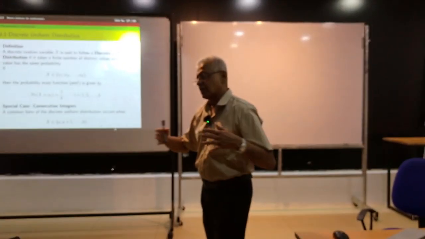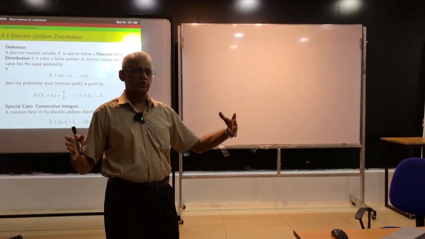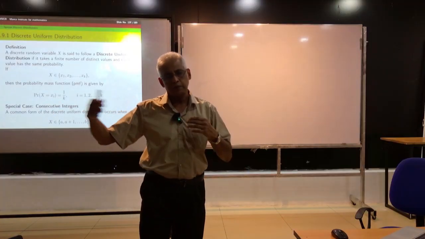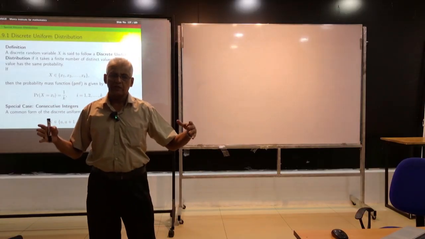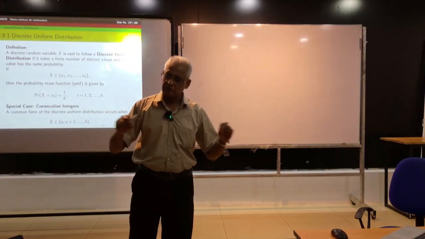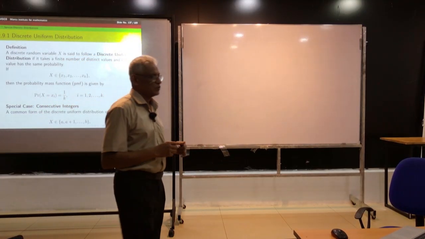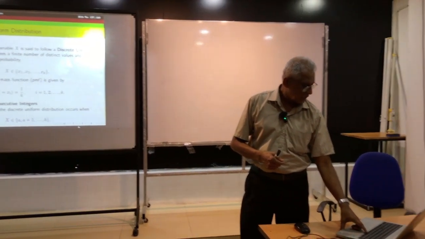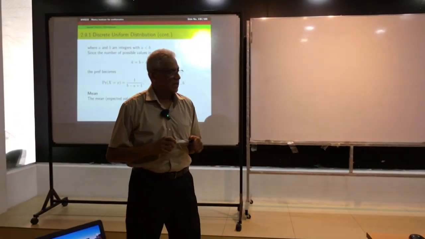But in particular, like in the previous example, sometimes the possible values can be consecutive values in a certain range from a to a plus k, for example. It doesn't have to be like that. In general, a random variable can take several values x1 up to xk. They don't have to be consecutive values. But in particular cases, if they are consecutive values between some two values a and b, then also if the numbers are equally likely, we can say the random variable has